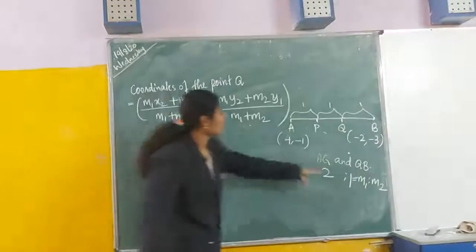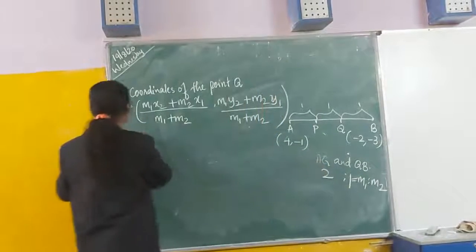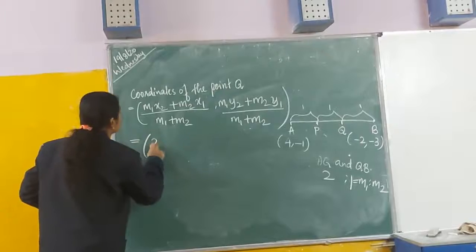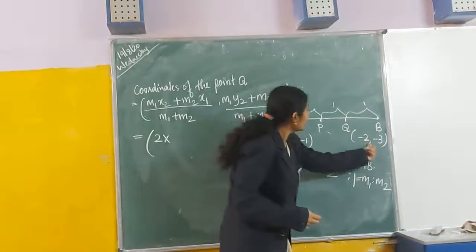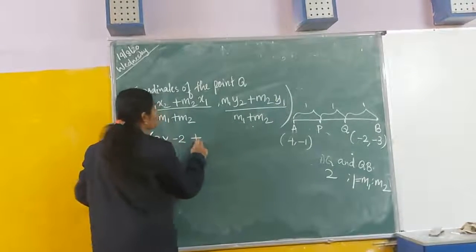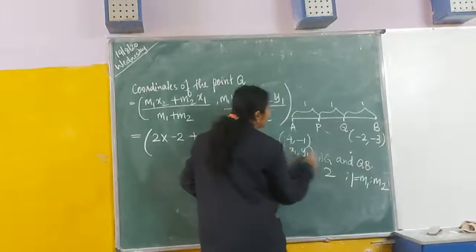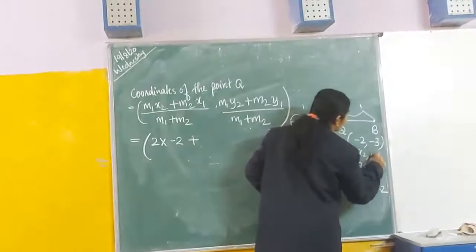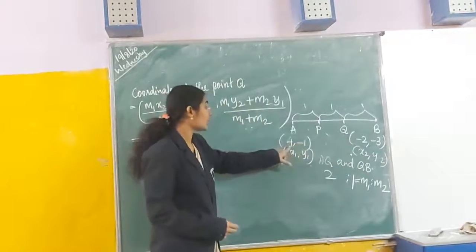Substitute the values: m1, 2, into x2, that is x2 is minus 2. If you have any doubt, you can write x1 by 1 and x2 by 2. So see here, x2 is minus 2, x1 is 4,